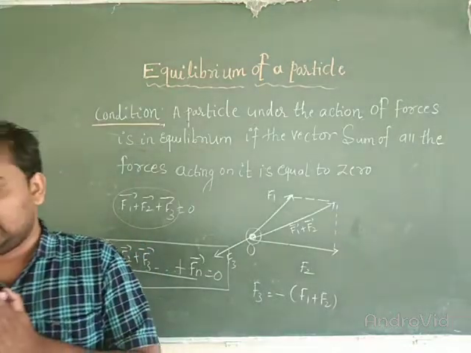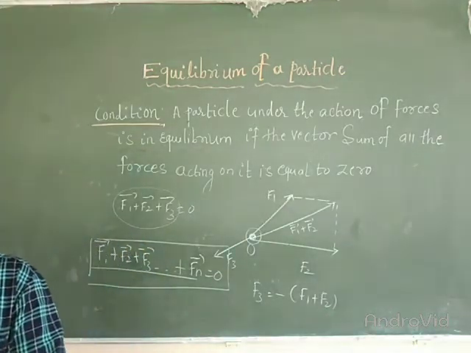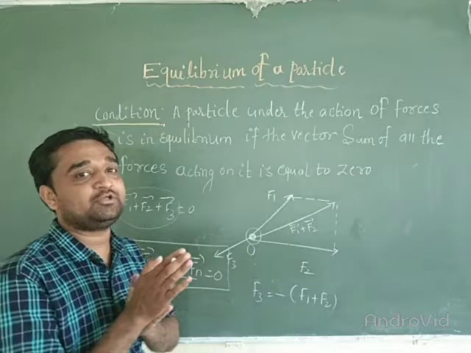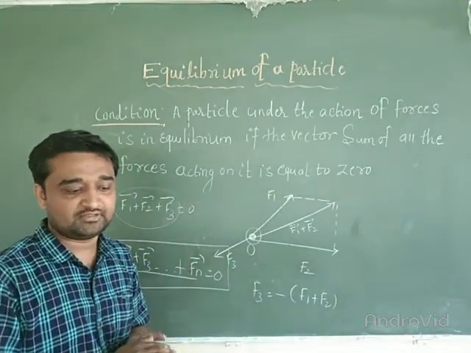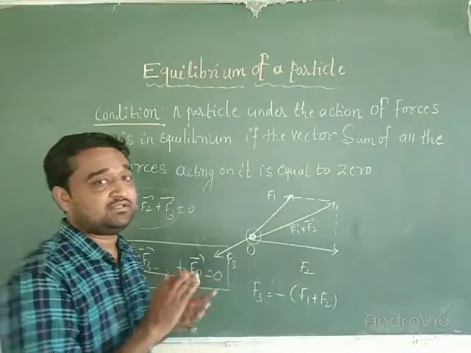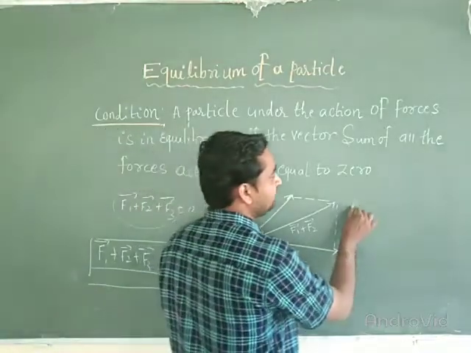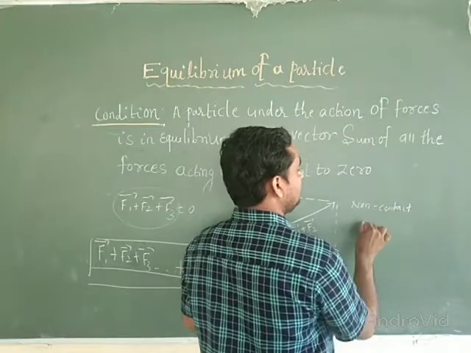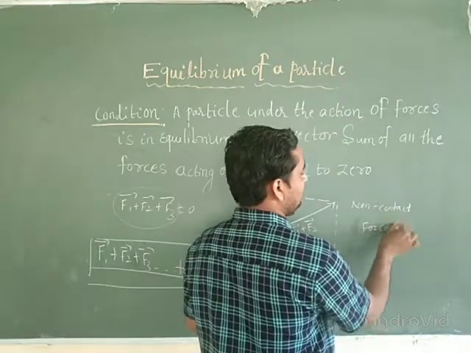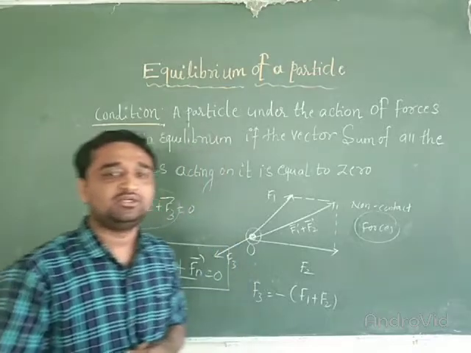What is friction? When there is an opposite motion or relative motion between the two objects in the opposite direction, then friction is there, right? That is called the contact force. What is meant by non-contact force? The objects do not come in contact but the force is acting. For example,